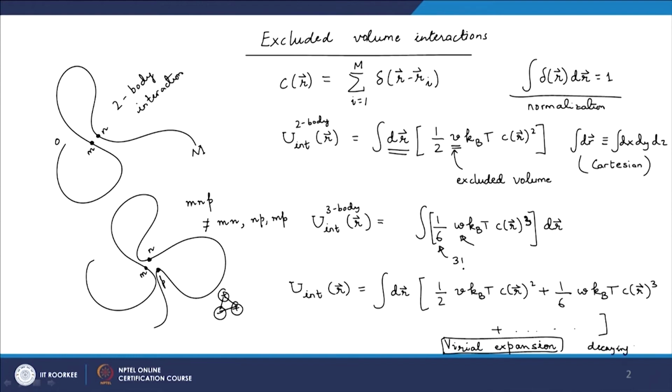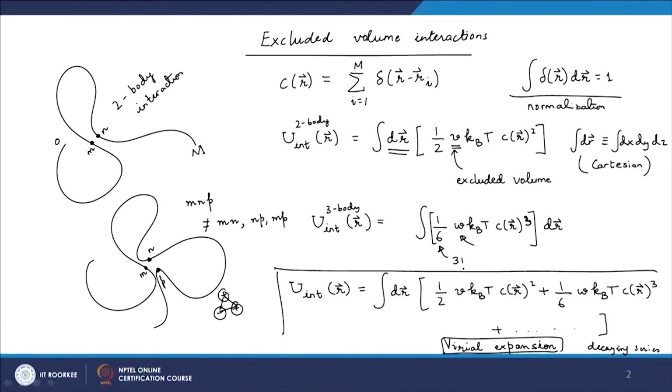series. It turns out that this is not the case when we have long range interactions. It does not form a decaying or convergent series, and that is why we have kept the Coulomb interactions out of question. It is only true for short range interactions. So, we will use this particular expression in addition to the elastic energy of polymer chain that we have derived